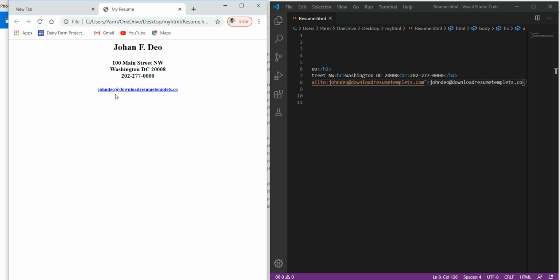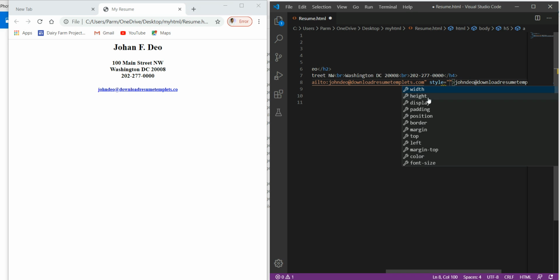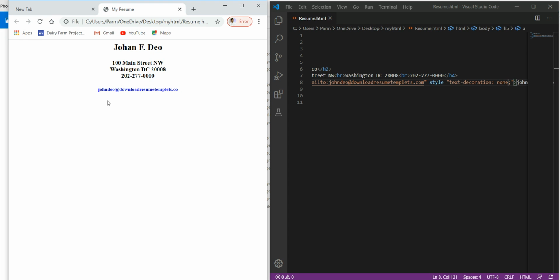Now here it comes as underline by default. Whenever we create a link in HTML, underline is by default. So if we don't want underline to be there, in that case I can use the style attribute, and here I can type text-decoration equal to none. So save this again, refresh this, so underline is removed in this case. Okay,